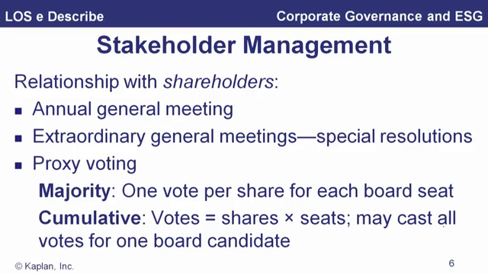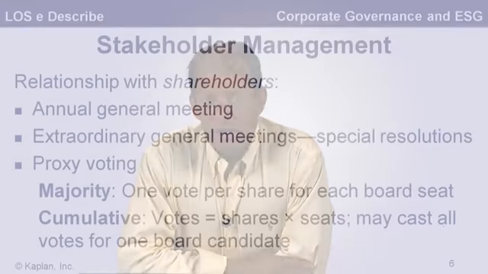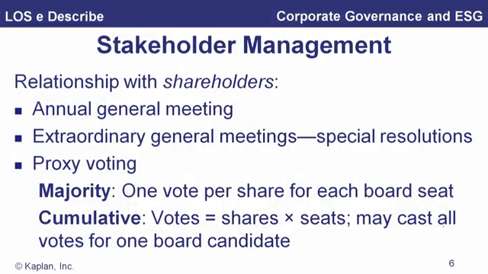Now, in terms of voting, it can be majority voting, where there is one vote per share for each board seat. So if there are 8 seats on the board, there's going to be 8 separate elections with 51% in each election enough to choose that director. Now with cumulative voting, the votes a shareholder has is the shares times the number of seats. And so they can cast all their votes for one board candidate, or they can spread them out across other candidates. The important aspect of cumulative voting is that it gives minority shareholders